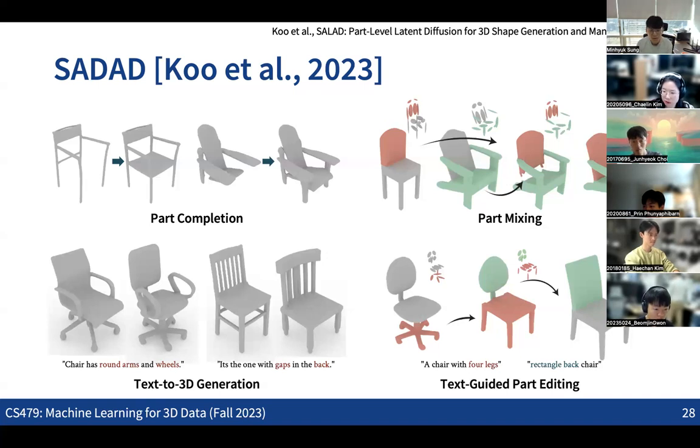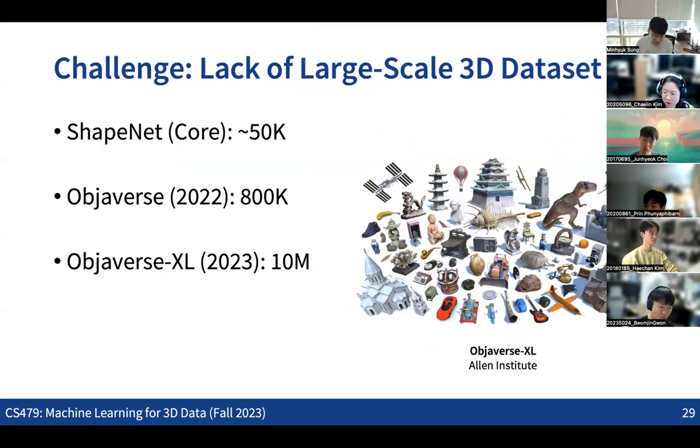But one issue in 3D generation is how we can collect a large-scale 3D dataset. As we discussed in the previous slide for images, we can now see a huge internet-scale public dataset, more than 5 billion. So the question is how many 3D objects we can see in many of the datasets. What's the scale of the 3D dataset?